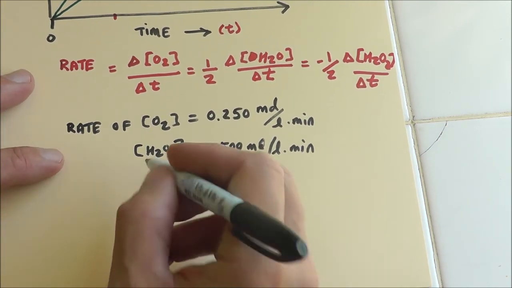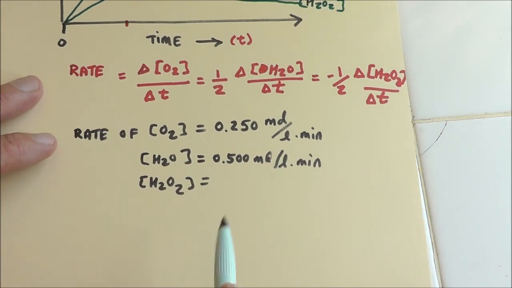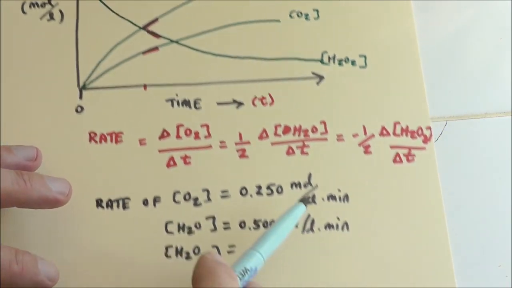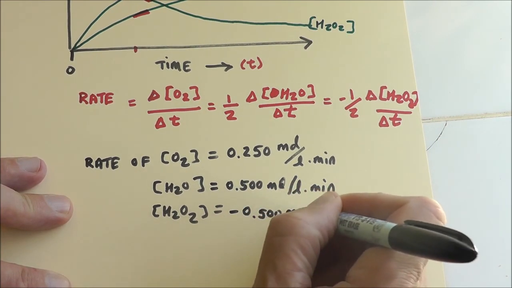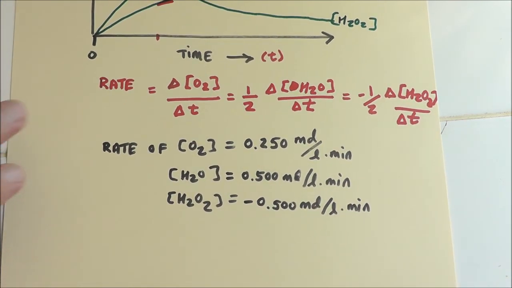What would the concentration of H2O2 be doing? Well, it would be going down. But it would be going down at the same rate that the concentration of H2O is going up because of the coefficients. This would be minus 0.500 moles per liter per minute. So sometimes you can get away without using the negative signs. If they let you off easy in a homework problem, what they'll say is the rate of disappearance or the rate of appearance. Now you don't have to worry about negatives and positives, and therefore it's a magnitude.